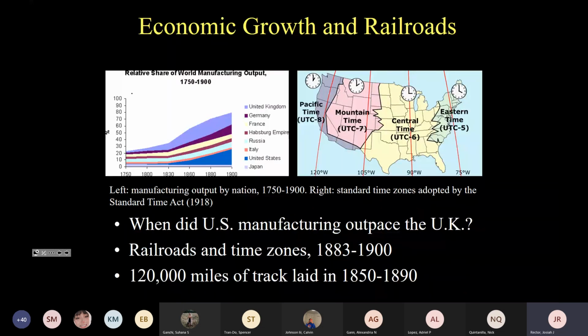So railroads made it possible to build out the nation's economy further away from rivers and ports and to transport goods over land. And as you can imagine, that had enormous consequences for a variety of economic sectors, right? Think about the economics, for example, of the lumber industry. If you're trying to transport lumber from the forests of northern Minnesota or Illinois or Michigan to New York City, after the railroad, think about how much cheaper and faster it would be. Same thing with refining petroleum drilled in a place like Pennsylvania, or coal dug in a place like West Virginia or Wyoming, et cetera, et cetera, et cetera.